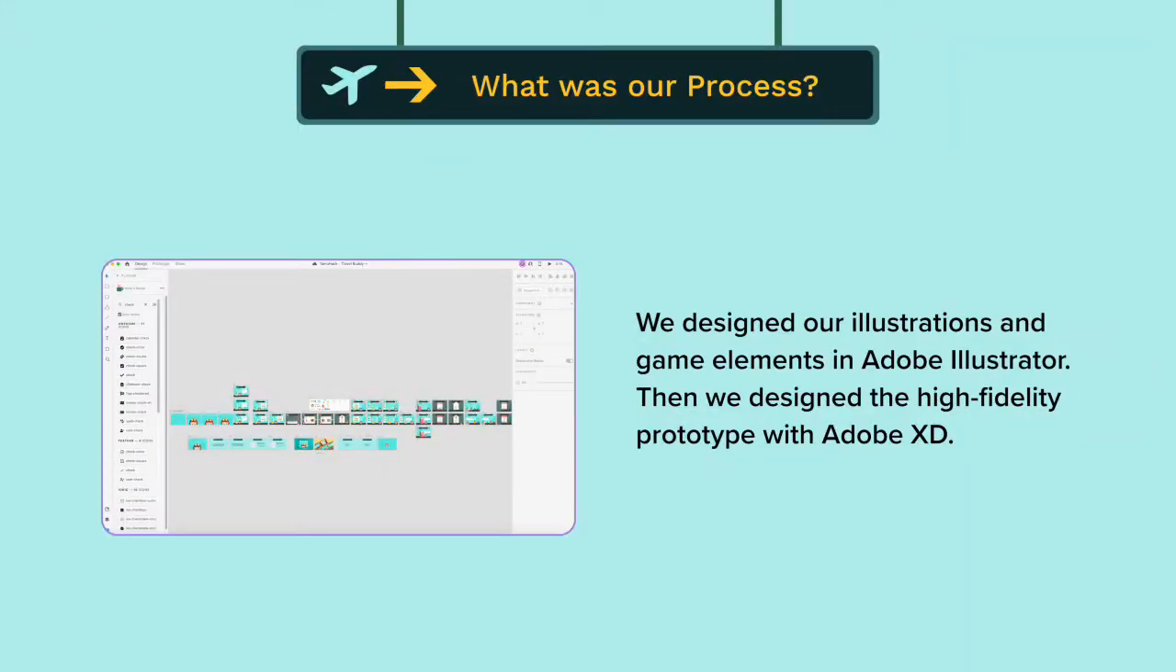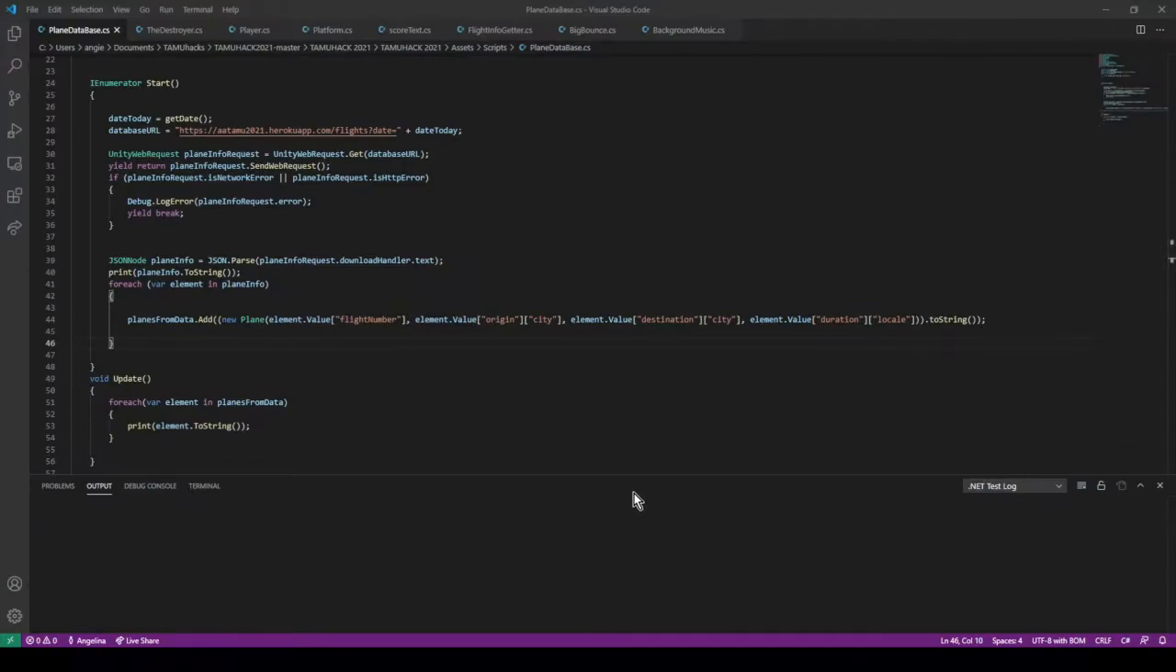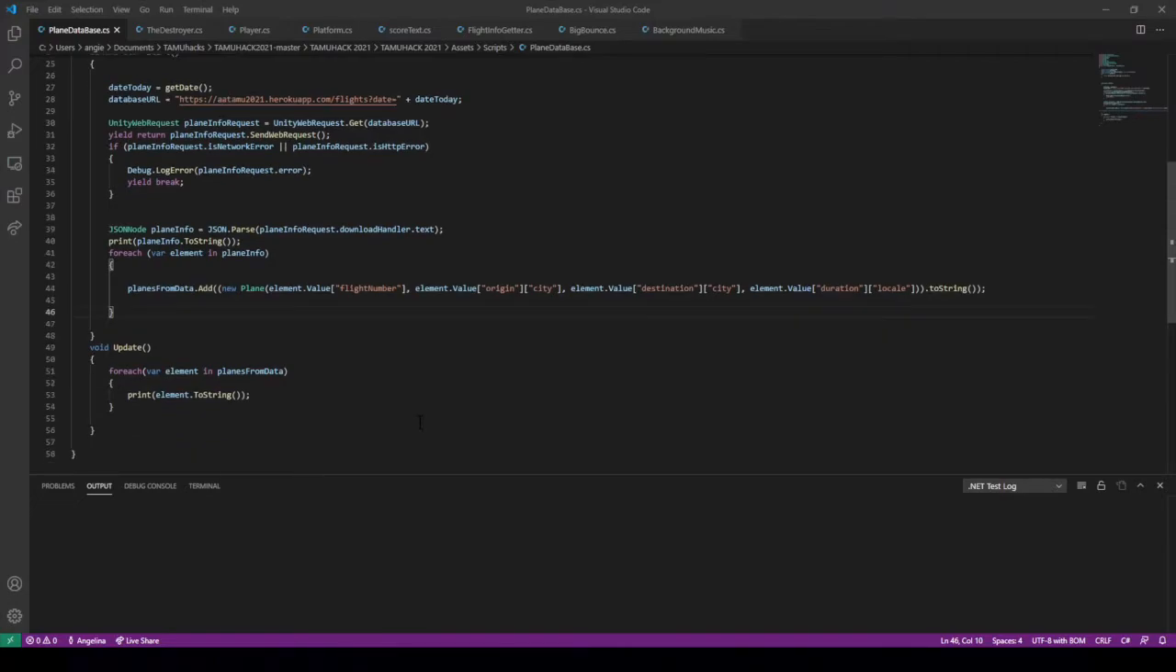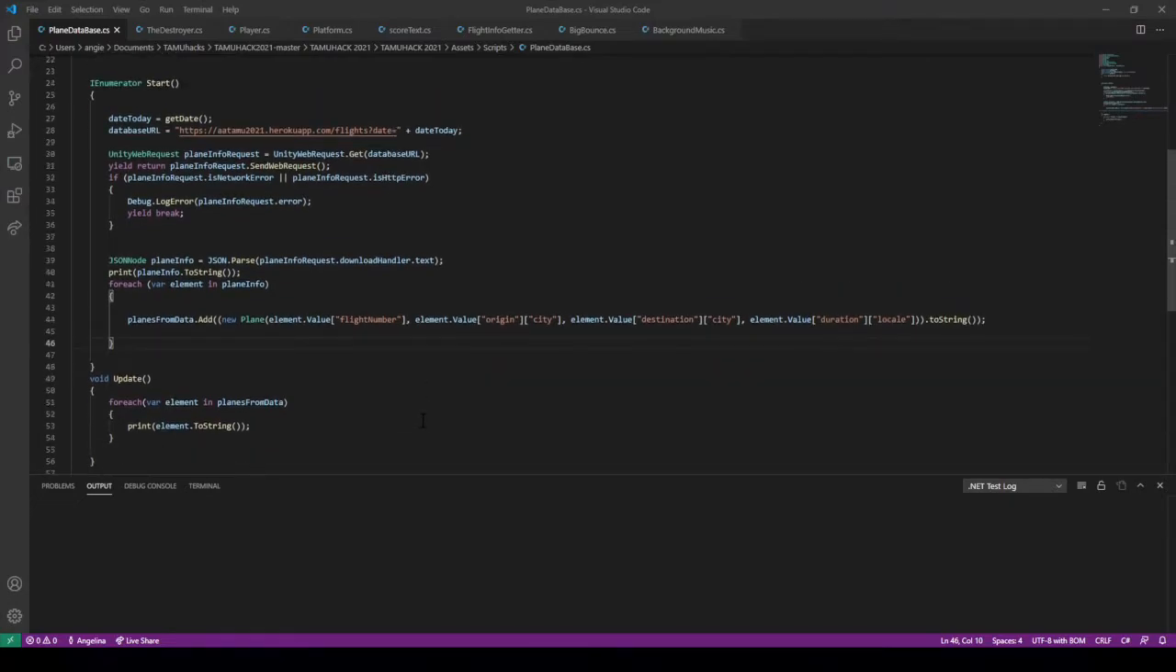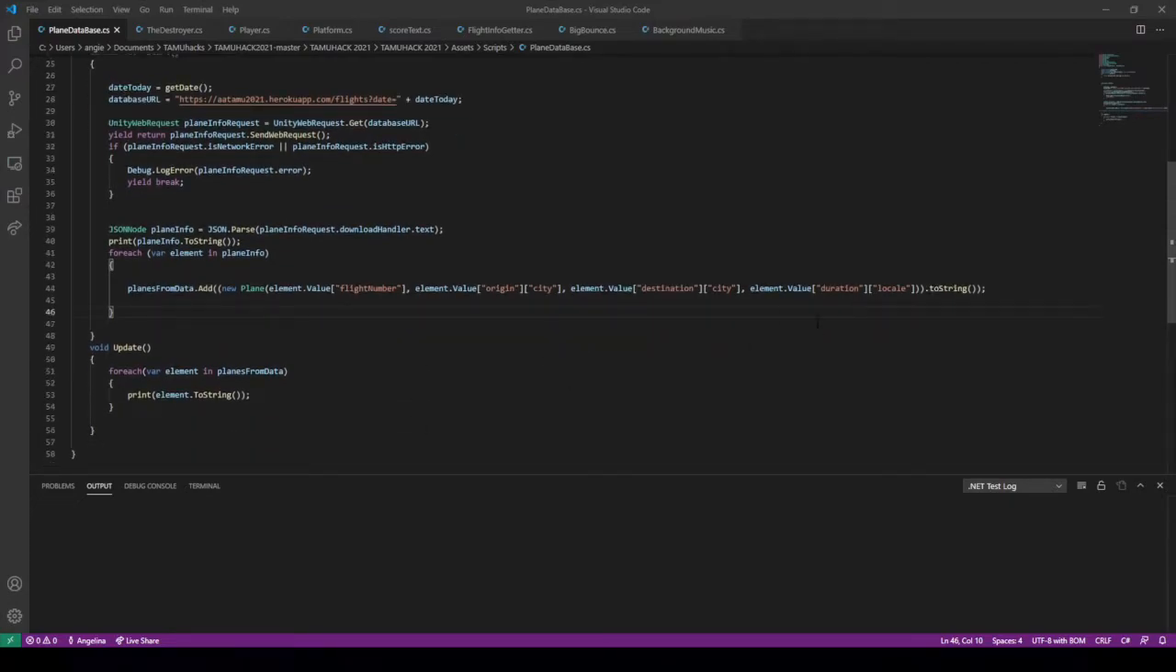We designed our illustrations and game elements in Adobe Illustrator. Then we designed a high-fidelity prototype with Adobe XD. Starting with no experience in backend or Unity game development, creating a game that implemented our team's vision was a challenge for us. When approaching the idea of getting flight information in-game, we decided using American Airlines' API would prove